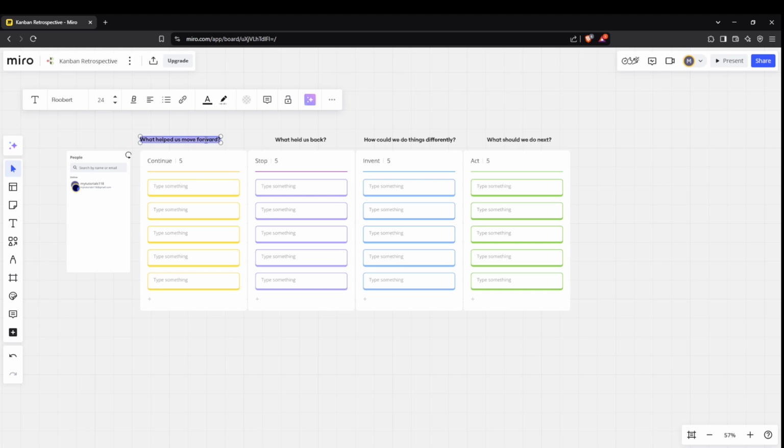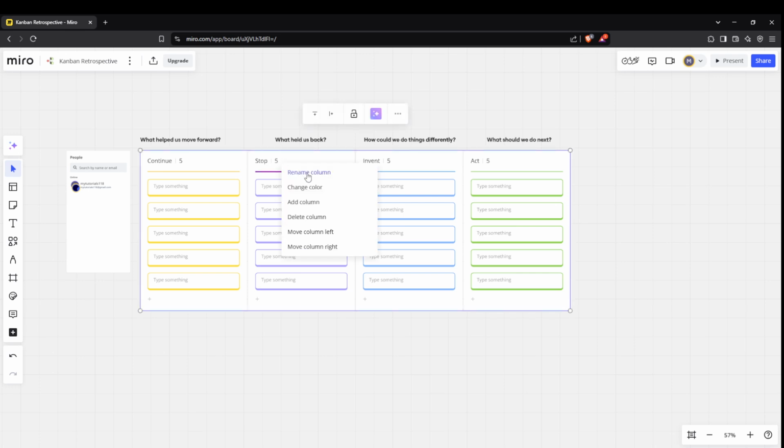You can begin adding your content, ideas, tasks, or whatever suits your project, fully utilizing the intuitive and flexible nature of Miro's platform. And there you go, you are now set to efficiently organize and execute your tasks with the